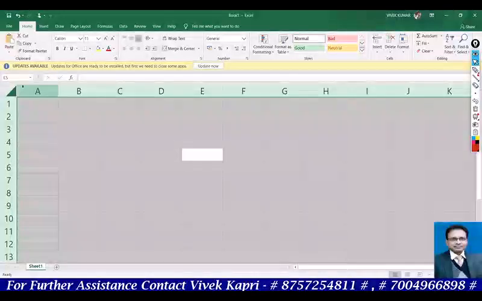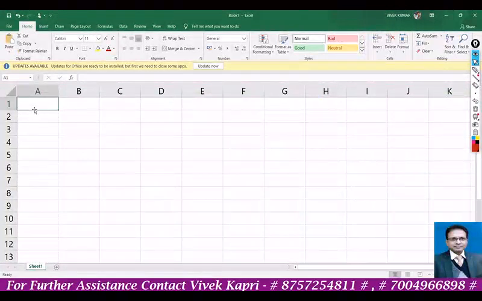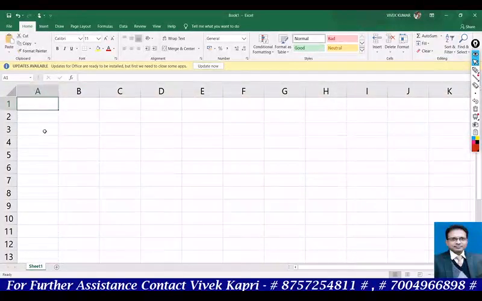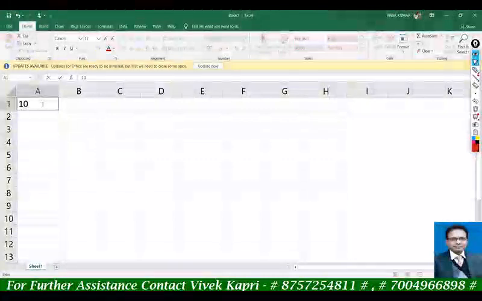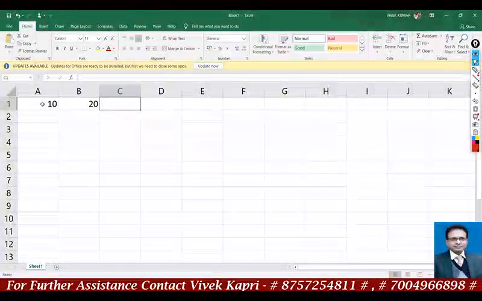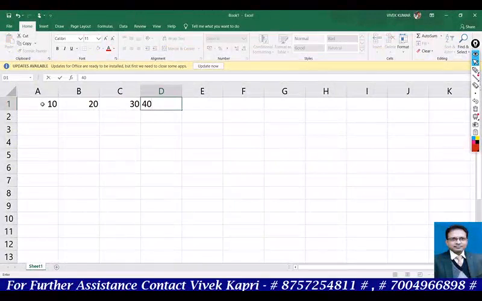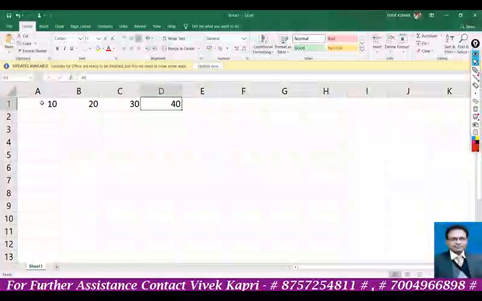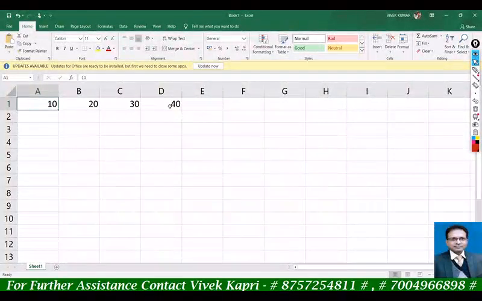Now we can define the cell reference as a unique name given to each cell, which is written as a column name followed by the row name. Now here comes cell range. Suppose here is 10, here is 20, here is 30, and this is 40. If we have to talk about all the cells, their cell references are A1, B1, C1 and D1. So if we have to talk about all the cells from A1 to D1, how can we say it?